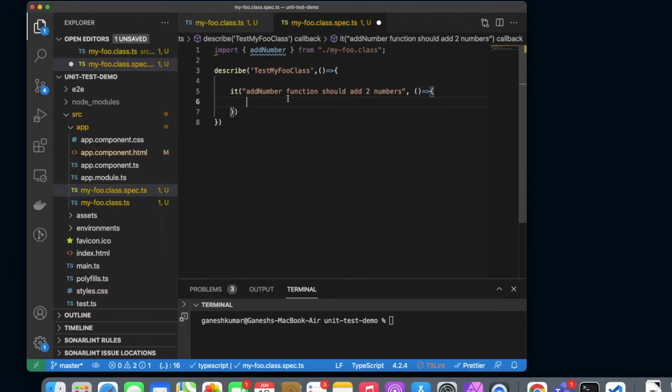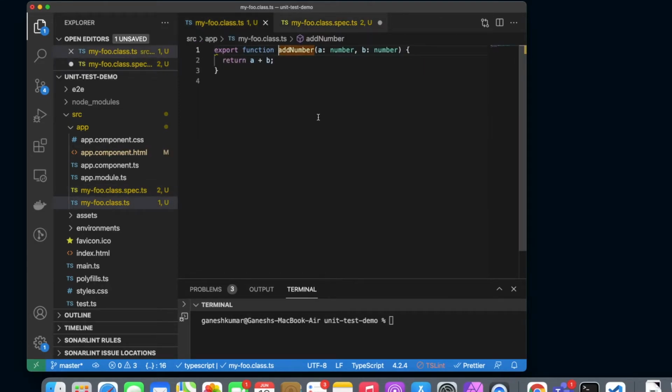So now I am calling addNumber, so let me create a constant value equal to addNumber. The addNumber function is expecting you to pass two numbers, and the function has a return statement of a plus b.